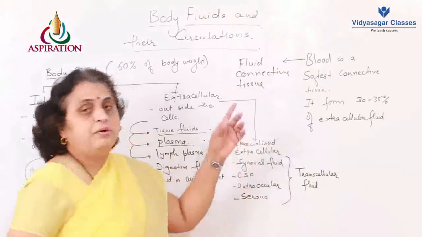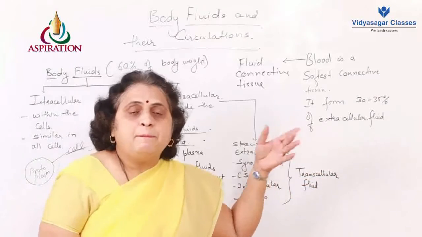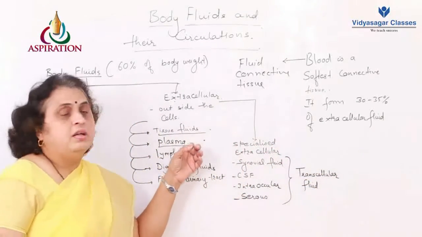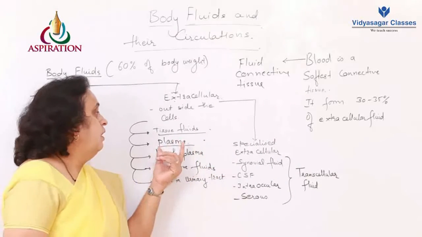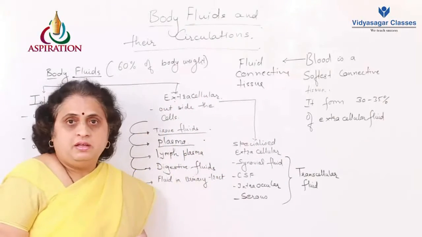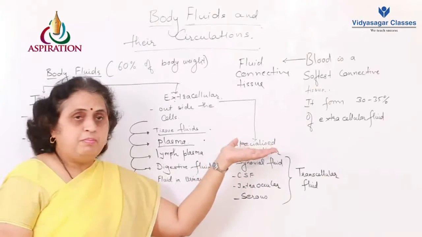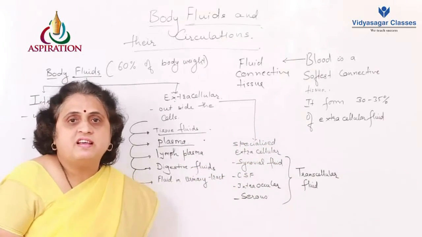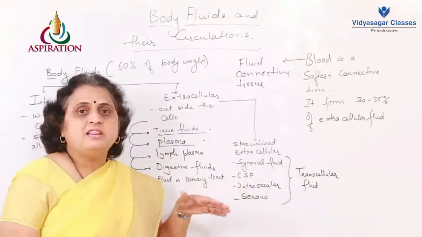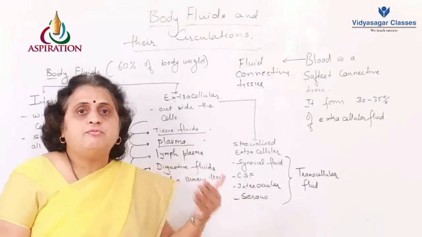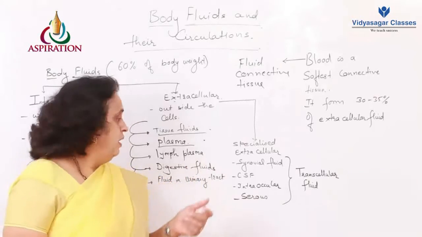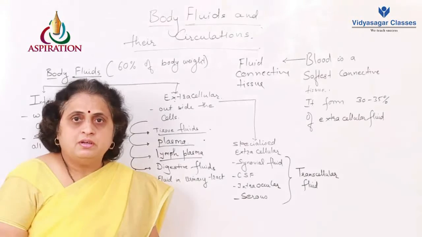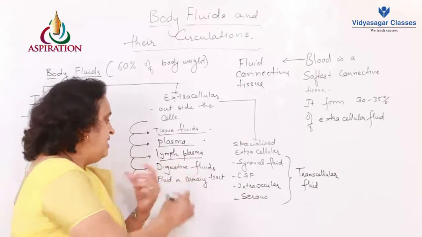Now this fluid connective tissue, the blood, contains a major part, that is plasma, and that plasma from the blood is considered as the fluid which is extracellular, just because within the blood we have the plasma, and in the plasma we are going to have the blood cells. So blood cells are within the plasma, so plasma becomes extracellular fluid for the blood cells. Then we have the lymph, or the plasma present in the lymph, okay, and then we have the digestive fluid,